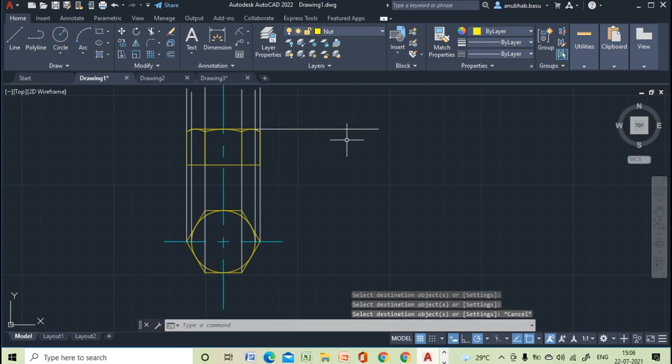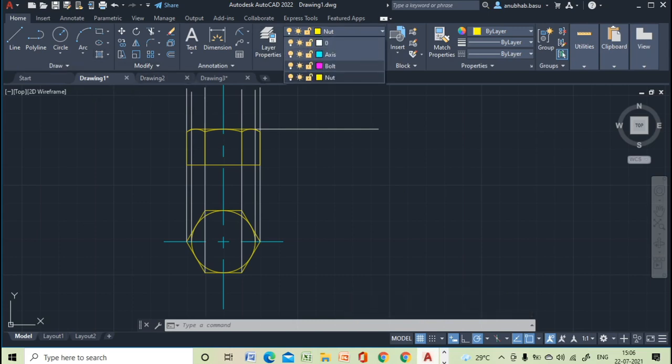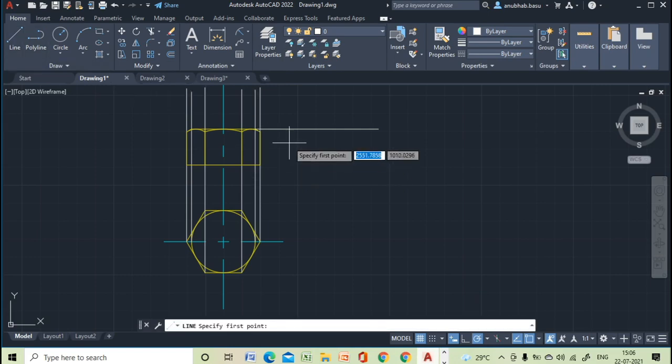So next we will project all these points to have the side views.